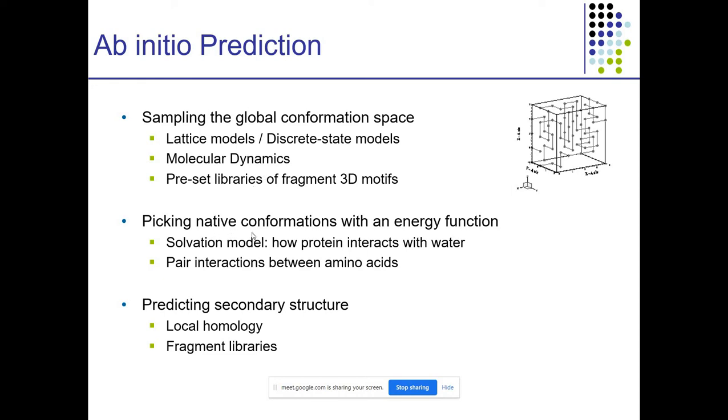So this is picking the native conformation with the energy function. The energy function is important, as it determines how we are going to create the complete model. It should be the conformation with the minimum energy. Energy is also one criterion. If the model protein has the minimum energy,